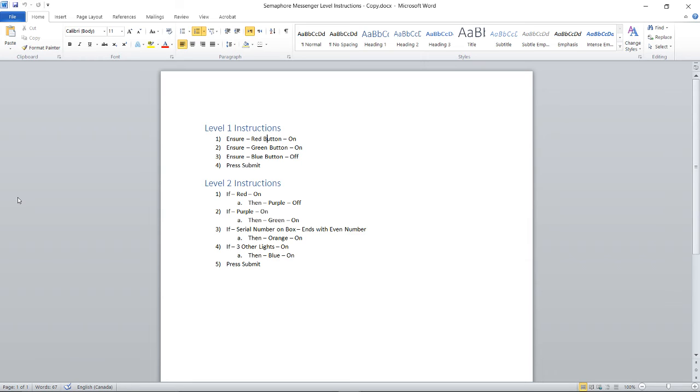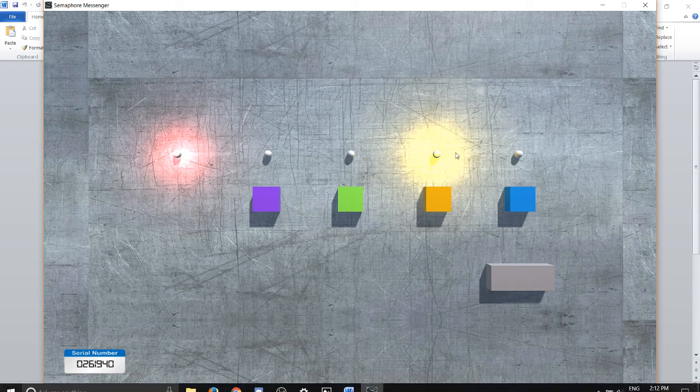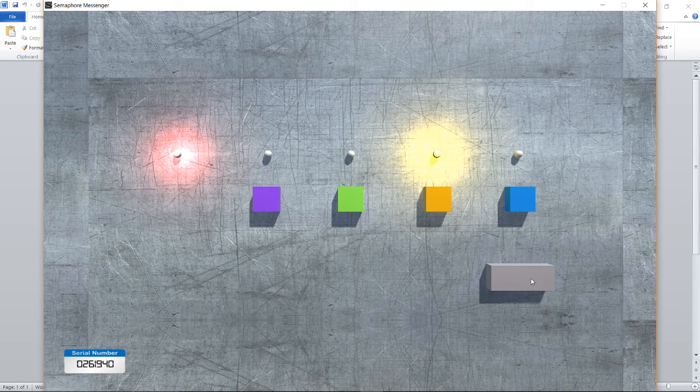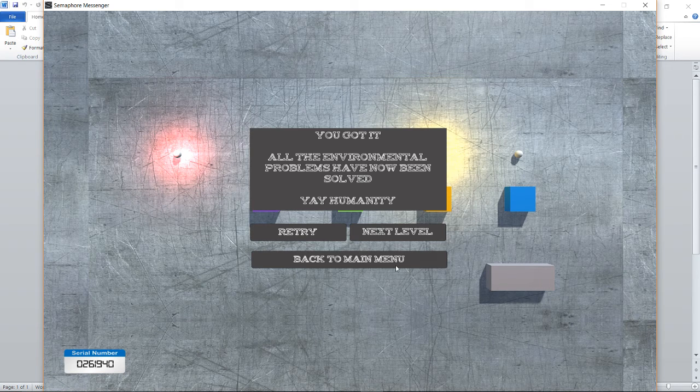That's what the messenger could think about, or you could just relay it straight to the switchboarder, and the switchboarder has to think about this. But yeah, in our case, only 2 lights are on, so the blue should be off, and you press submit, and then you win. One of the reasons why I like this game is I made it very modular. So if I wanted to make a level 3 or level 4, I could easily make it in, say, 15 minutes, because I have to copy paste the level that I have, change the rules here and there, and add stuff if I wanted to do that.